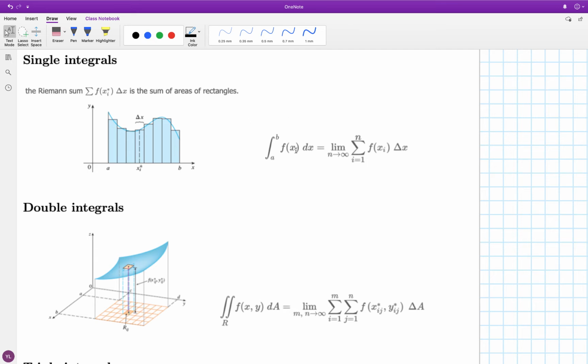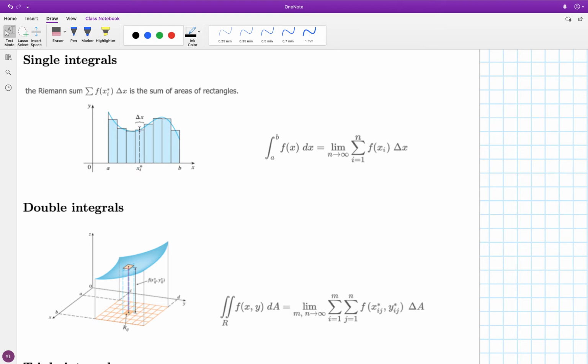What you're looking at is a one variable function and some region in the domain. The domain here is one-dimensional, and we start by defining a Riemann sum over that region in the domain, which here is just an interval of numbers, a to b, on the x-axis. So what we do is we chop that region up into a million pieces, and we select a representative from each of those pieces, typically the left or right endpoint or the midpoint or something,